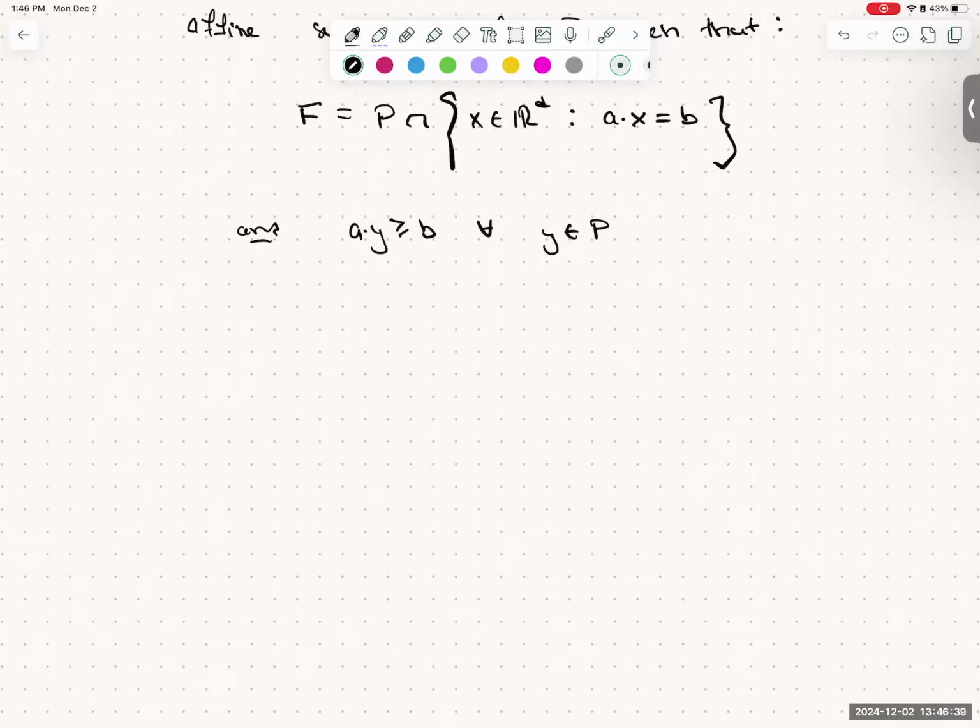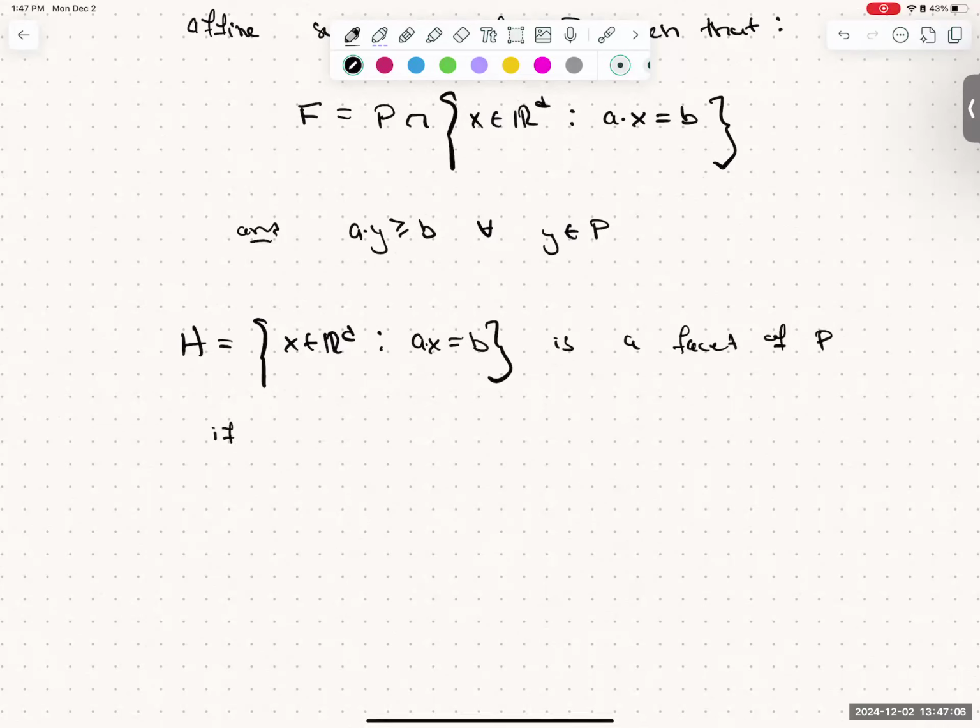We never actually use explicitly the fact that, for example, another definition: H equals X in R^D such that A dot X equals B is a facet of P if and only if